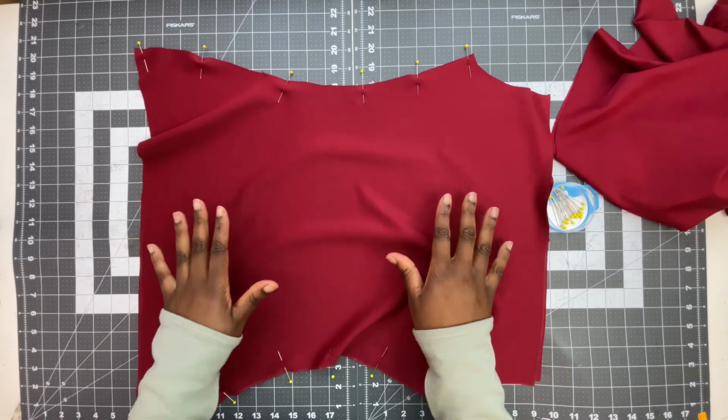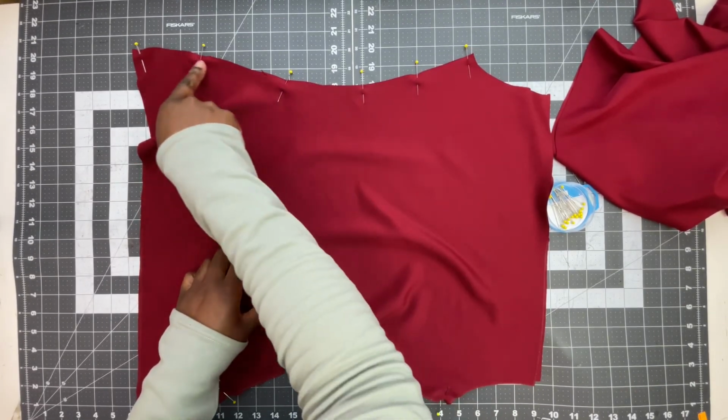Now we've got our side seams done, we're going to take this to our overlocker and overlock just the side